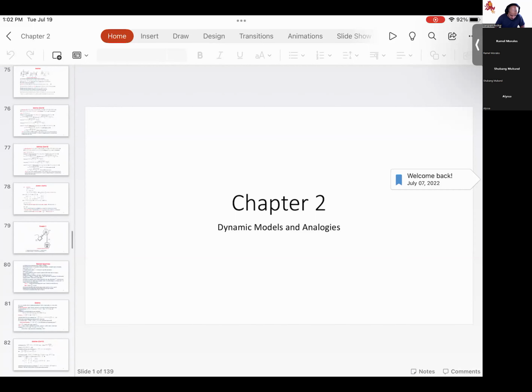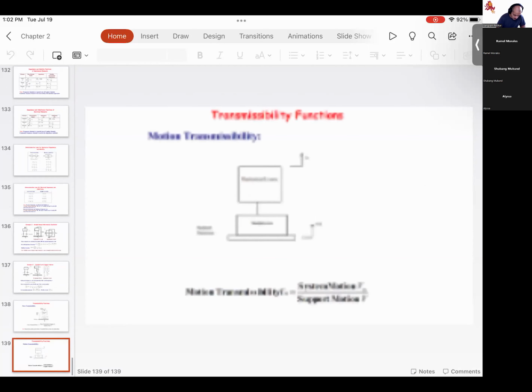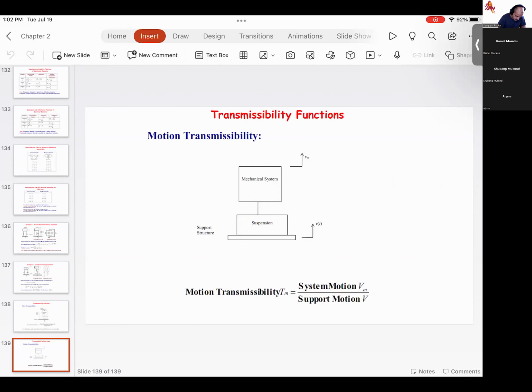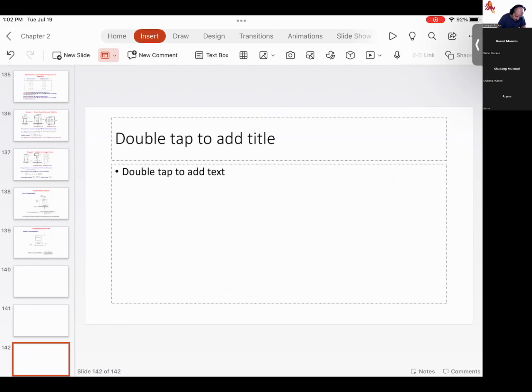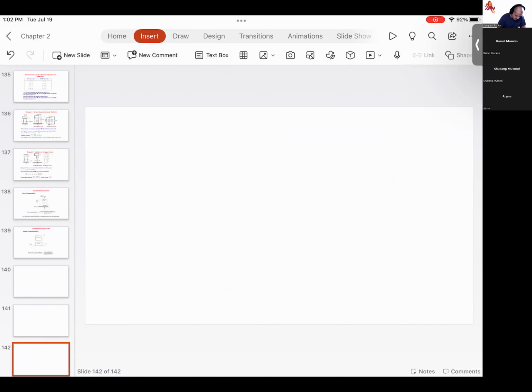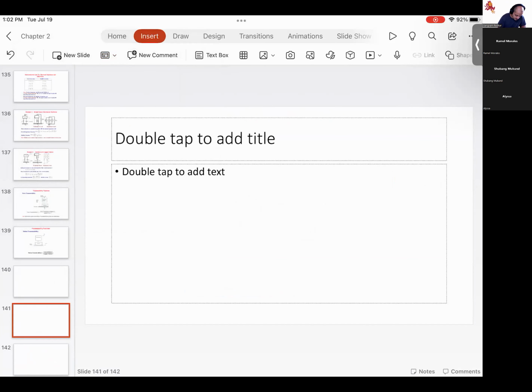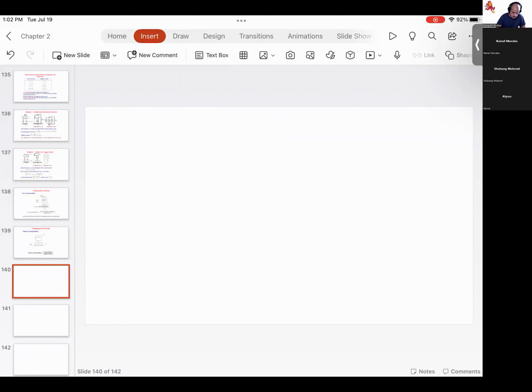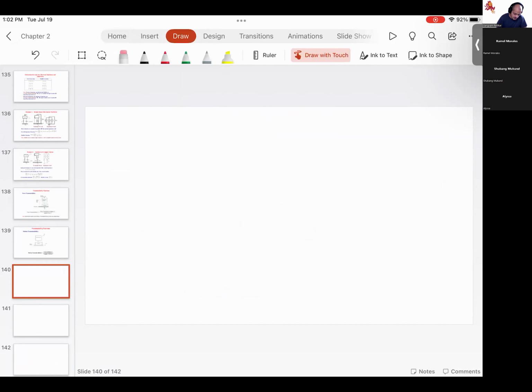In today's class, what I'm going to do is work out the problems, and these problems will be from the end of the book. So I would strongly recommend that if you have the textbook, please check out these problems. That way, you know what problem I'm looking at. The first problem that I would like to solve is from the end of chapter,